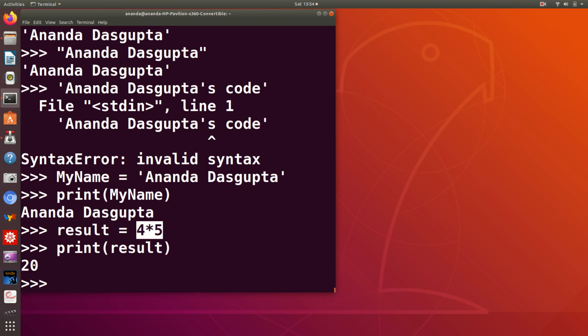Now, apart from integers, floating points and strings, there are also many other kinds of very important Python data types. We will meet lists, tuples, dictionaries and stuff like that in the coming lectures, but this should do for now. Before I end this video, let me give you a glimpse of what we are going to do in the